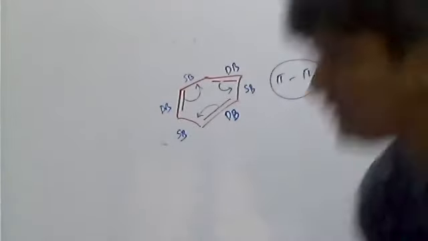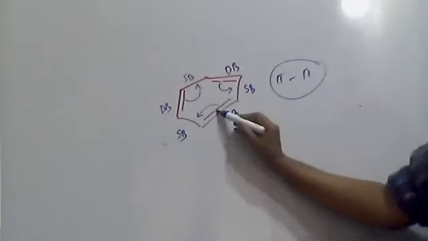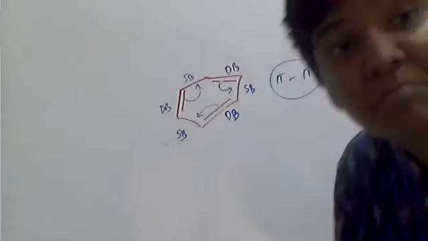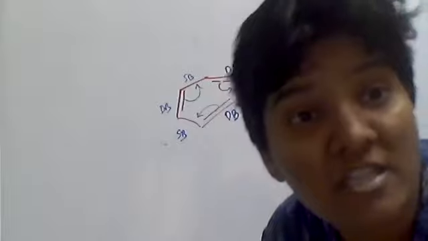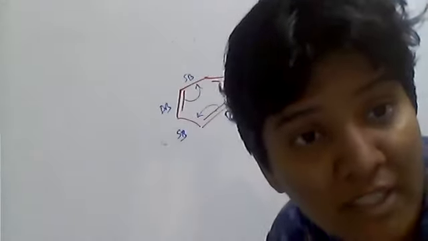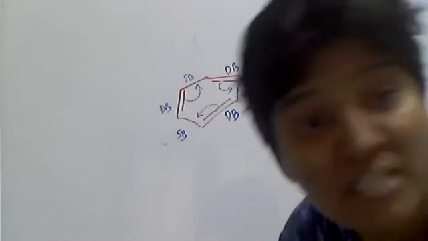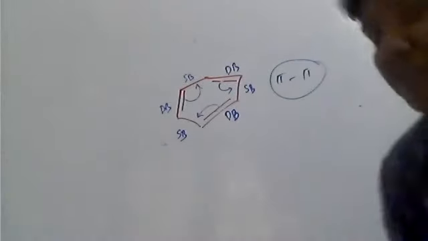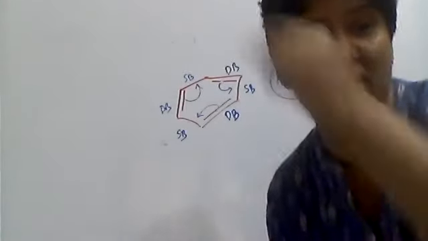So in this case, what happens? The pi bond is moving towards a sigma bond. See here, this is a pi bond and this is a sigma bond. So the pi bond is moving towards the sigma bond. This is called the resonance effect. So please make a note that the mesomeric or resonance effect is seen in a conjugated system, whereas the electromeric effect, inductive effect and hyperconjugation need no conjugation. And a special case in hyperconjugation: the pi bond will be in conjugation with a C alpha sigma bond. That is the special case.